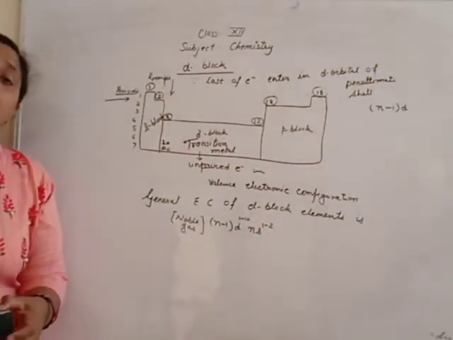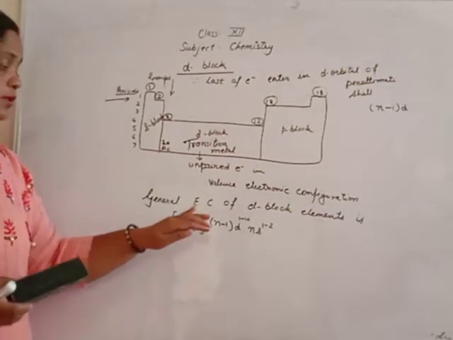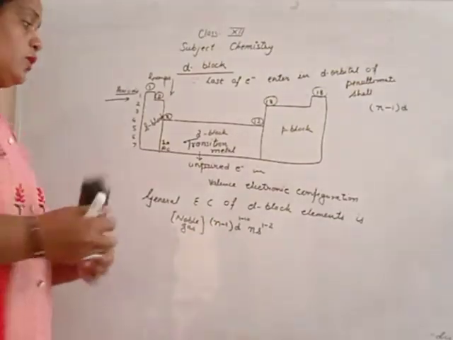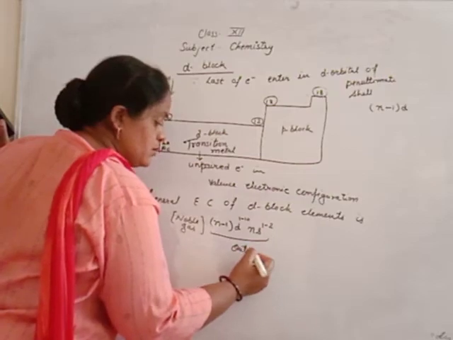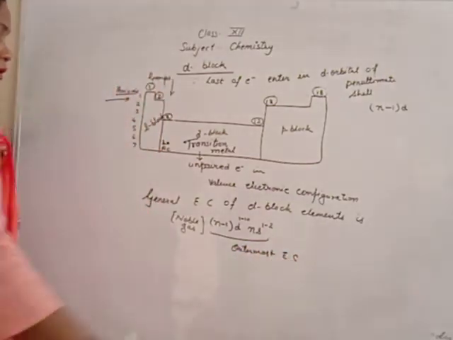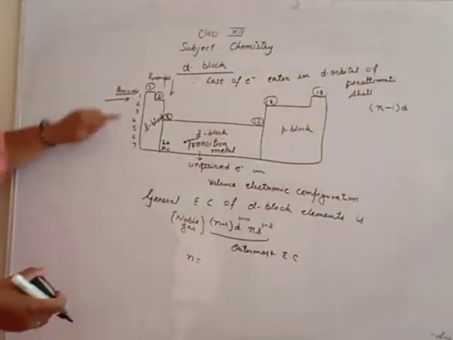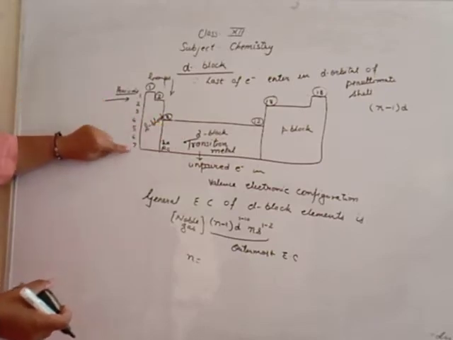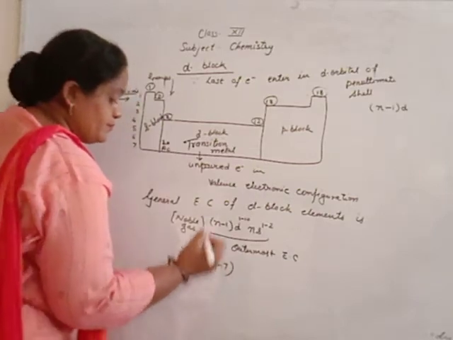If the question is what is the general outermost electronic configuration of d block, then you remove the noble gas. It is the outermost electronic configuration. Only this is the general outermost electronic configuration. Beta, n is the number of the period that consists of d block elements. It starts from 4 to 7. Your answer is n is 4 to 7.